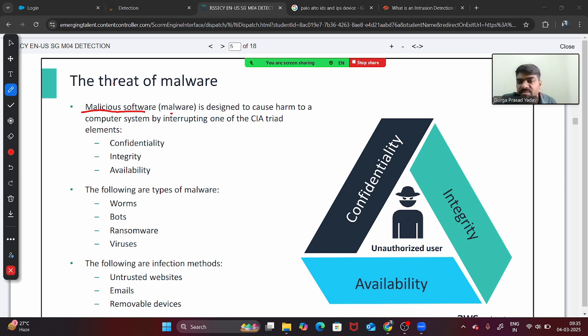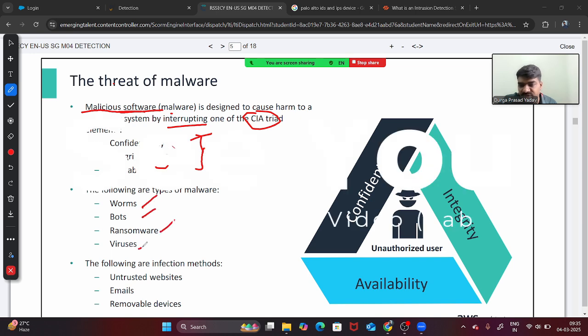Basically, malware or malicious software will create problems for your computer. It will cause some harm to your computer. It will interrupt the CIA triad. CIA triad means it will interrupt either confidentiality, integrity, or availability. Any one of them will get compromised by this malware. There are multiple types: worms, bots, ransomware, viruses,